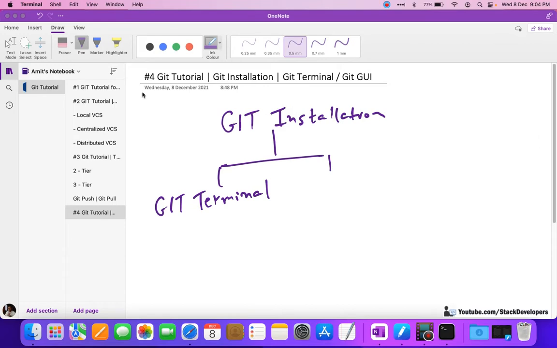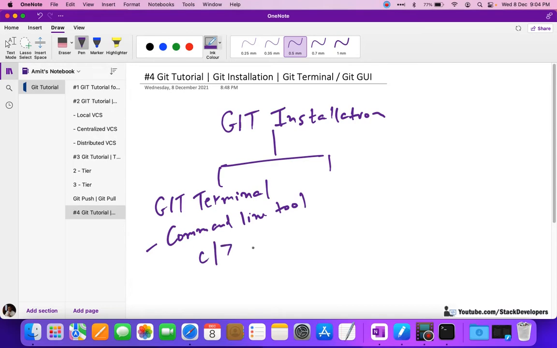This is the command line tool, like I have shown you. Command line means where we are going to run the commands. It is like the command prompt, like in DOS we used to do. DOS was used in previous days, a long time back, I think 20-25 years back, around the year 2000. So yes, in DOS we use the command line tool.